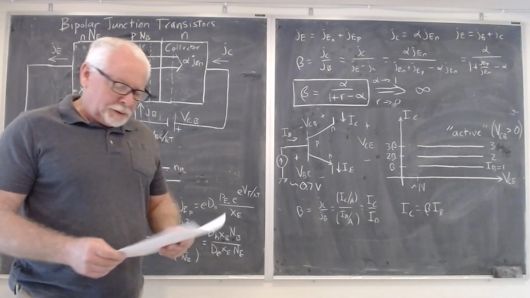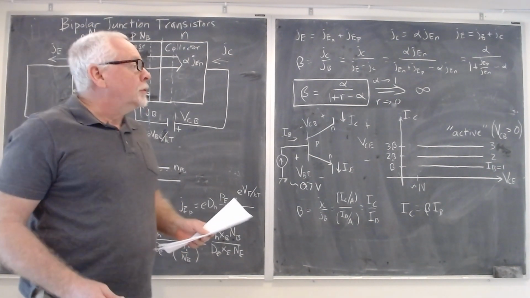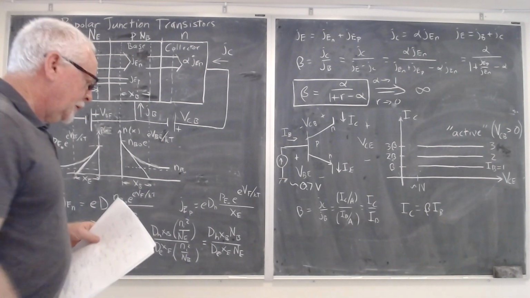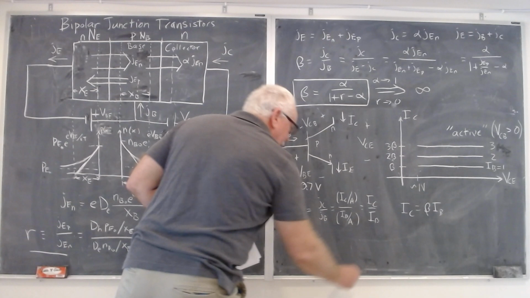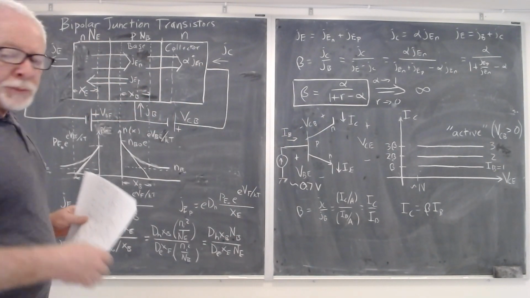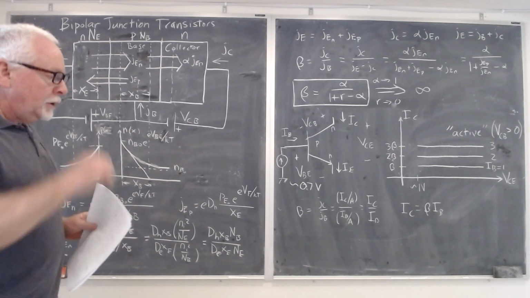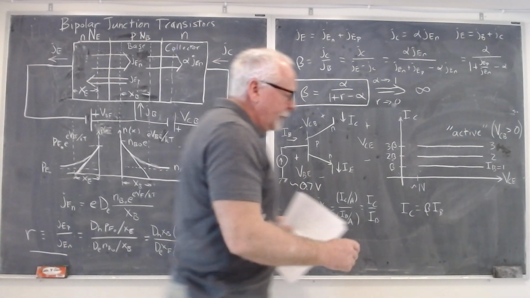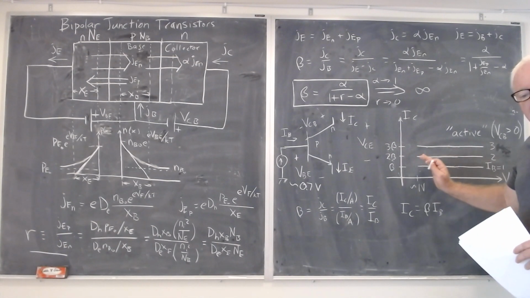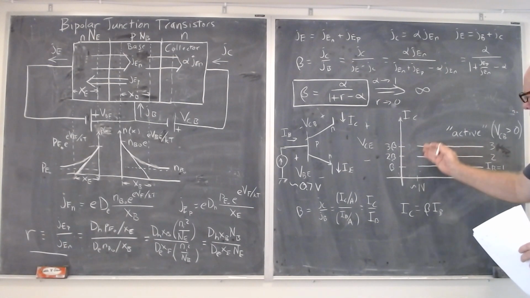Good morning, class. So today we're going to finish up our discussion of bipolar junction transistors. And so I've left the board from the last lecture as it is because we can work off of that. The first thing we need to do is fill in our family of characteristics because as we